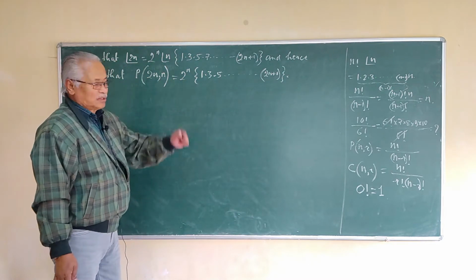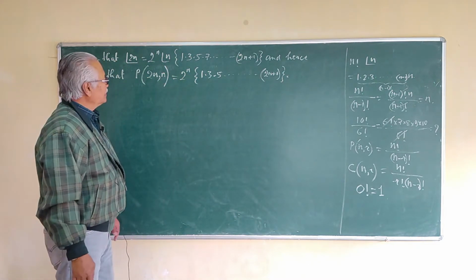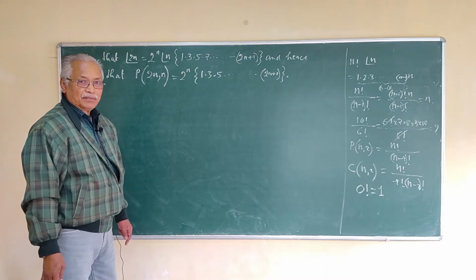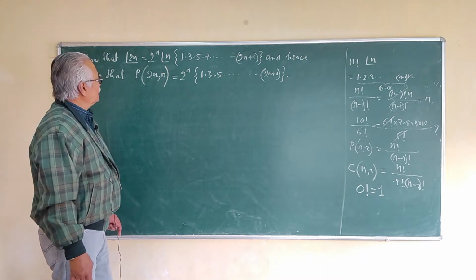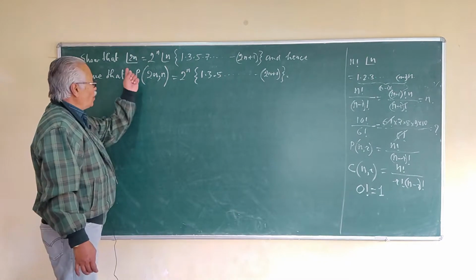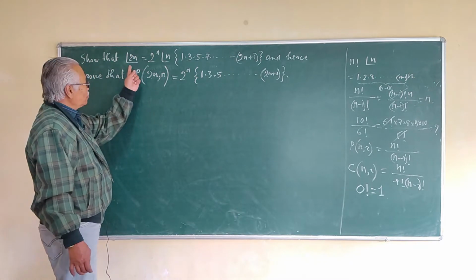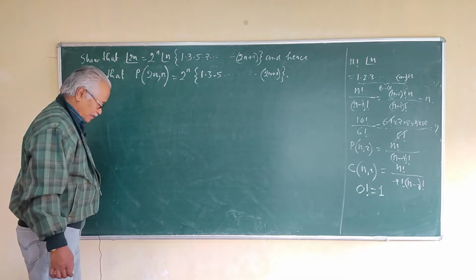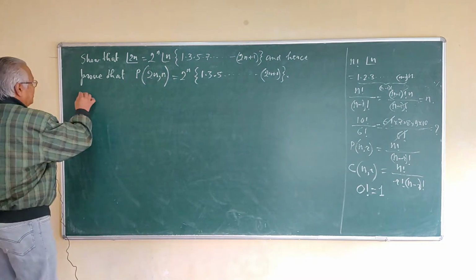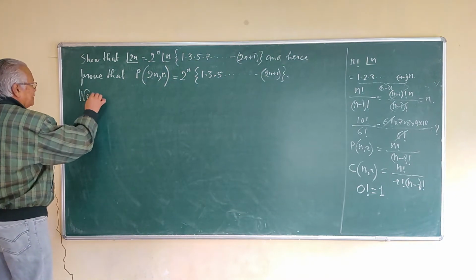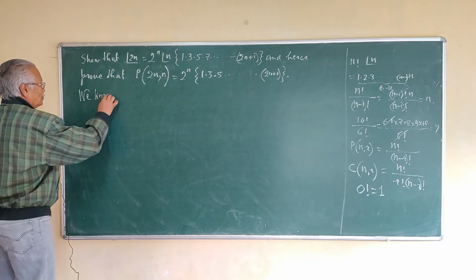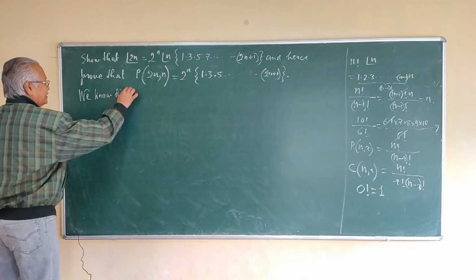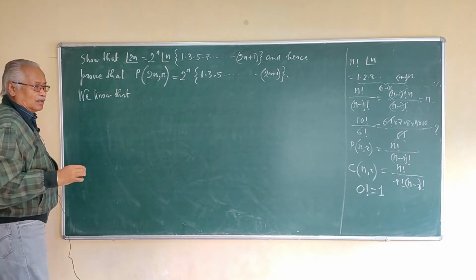Now you are allotted 5 marks for this. Okay, how are you going to attack the problem? That is the thing. Well, first of all, let us try to define what exactly is twice n factorial. Okay, we know that,